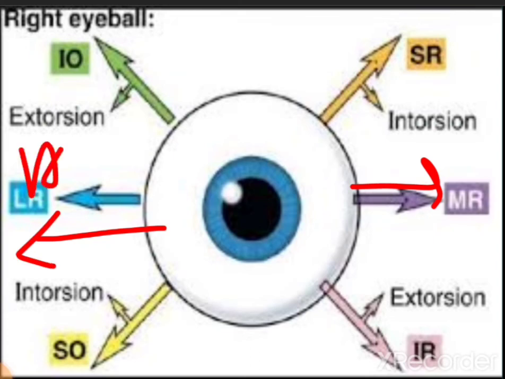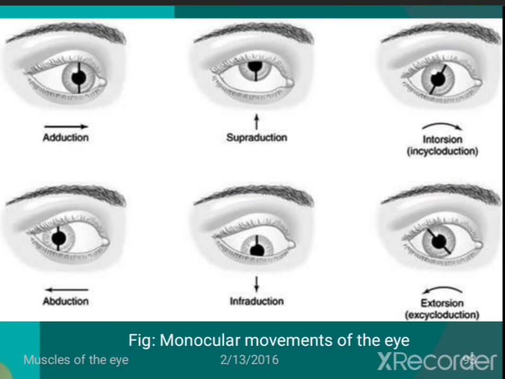This movement is known as abduction, and medial side movement is towards the midline. This movement is known as adduction. So this way you can learn the movements of the eyeball with this diagram. Elevation means superior movement. Intorsion means medial rotation. Extorsion means lateral rotation. Depression is when you are looking downwards. Abduction means movement away from the midline.